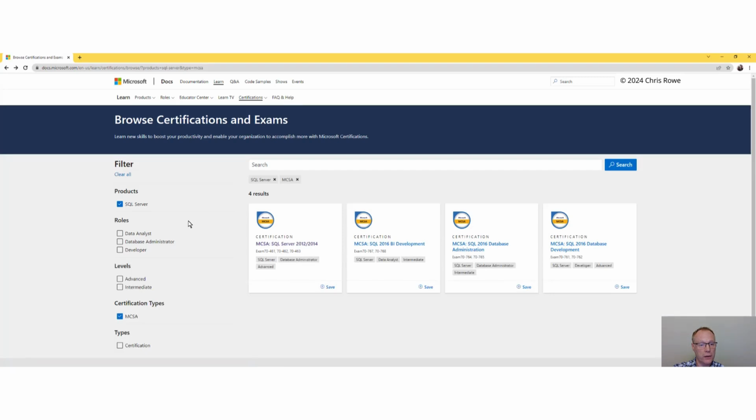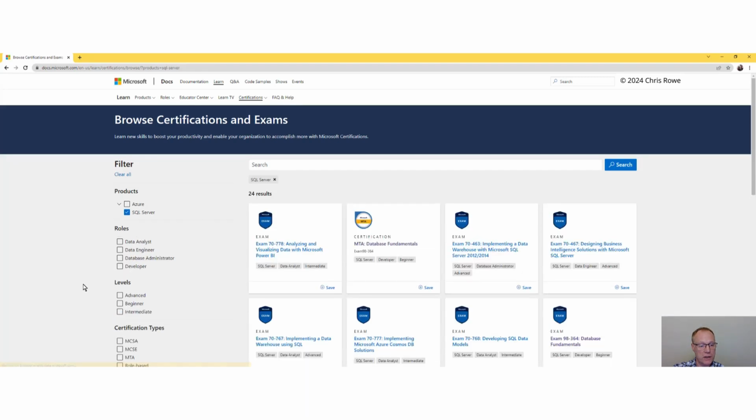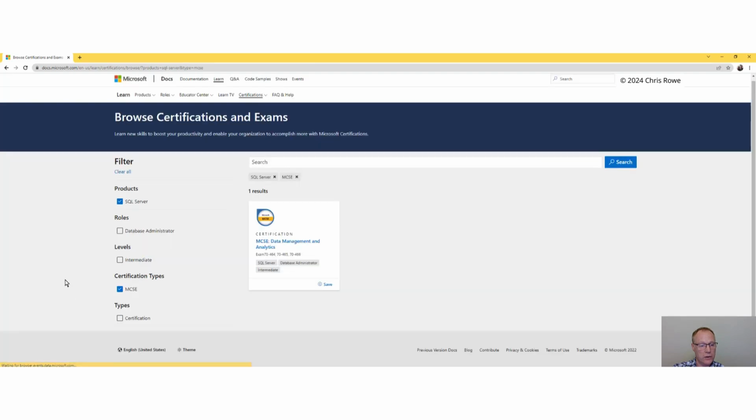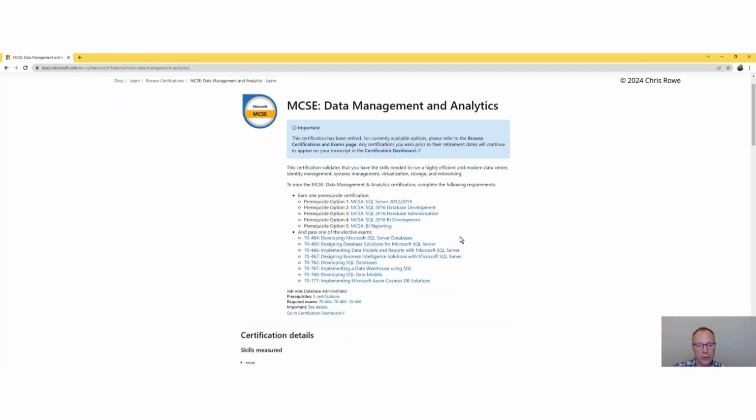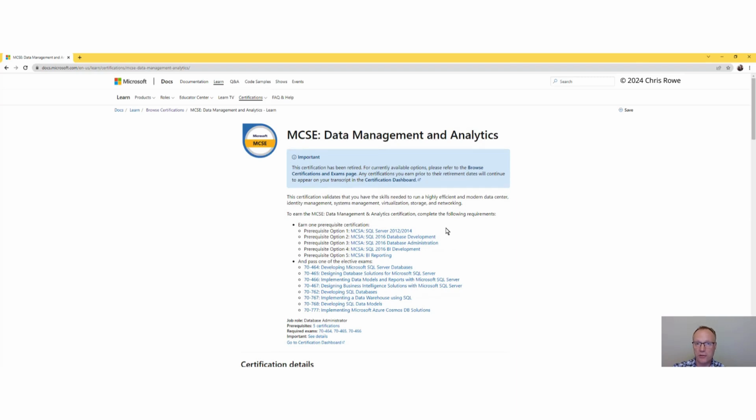Last but not least, we have the MCSE, which is the top. Data Management and Analytics. If we click on that, you can see even more prerequisites going on before you can even attempt the course itself. So fortunately, I got all 3 exams passed, and I got my MCSA in SQL Server 2012-14, and then I passed one of these elective exams.